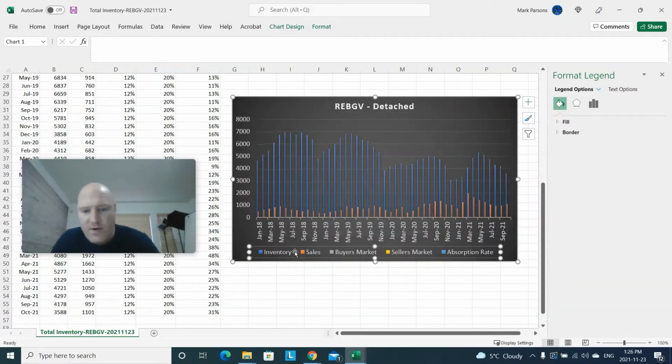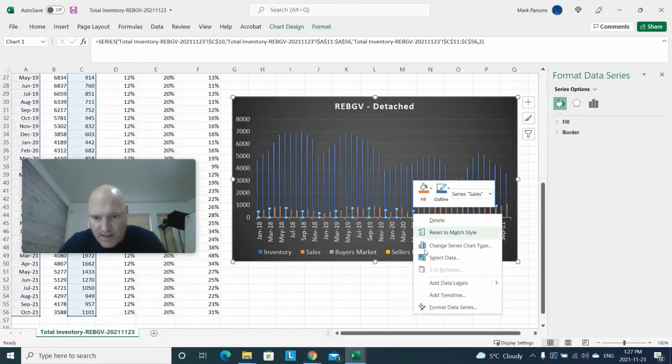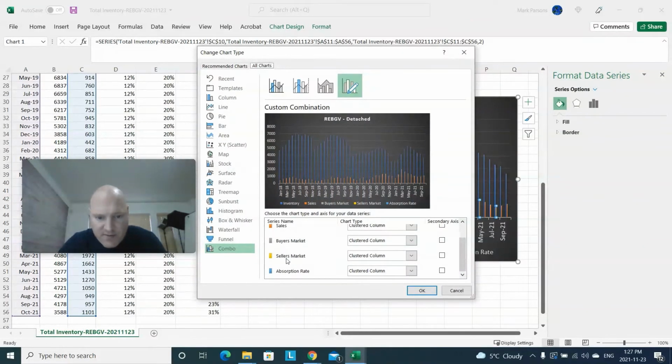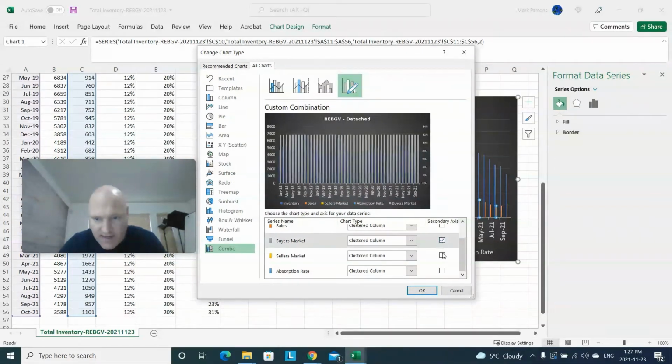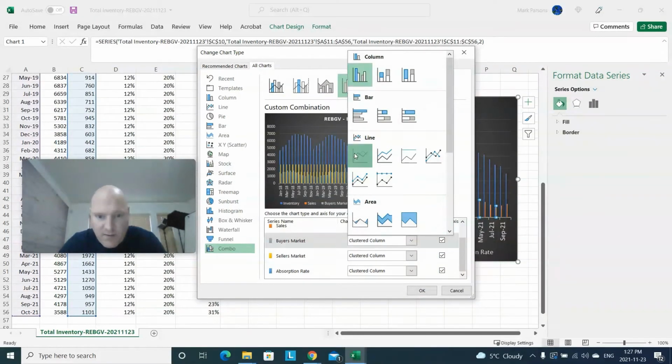Okay, so now what we're going to do is click one of those, right click and put, I think it's, let's see, change chart series. Yes. So on the buyer's market, seller's market, and absorption rate, what we want is them to be on a second axis on a percentage level over here. This is inventory and sales. So that's number of houses, inventory, and sold. So the blue and the orange are off of this. We want these three off of a secondary axis, and we want them on a different chart. We want them to be on a line chart